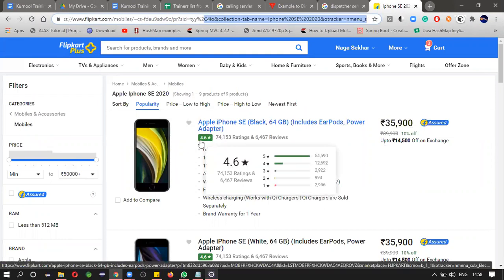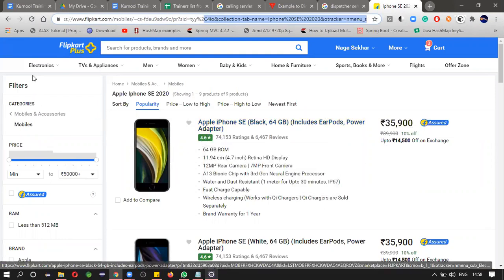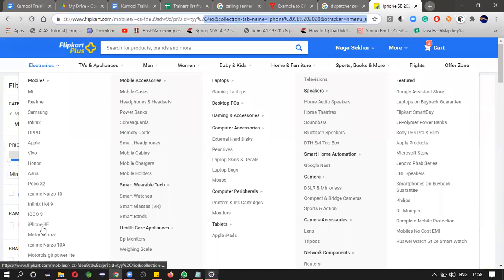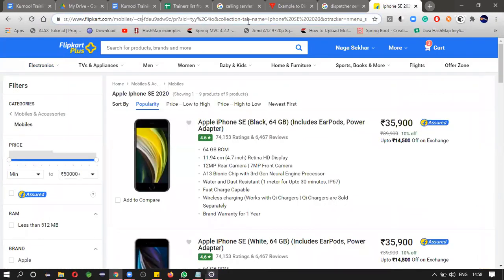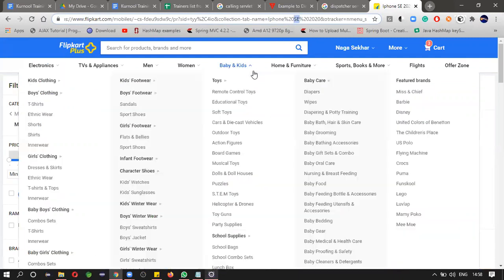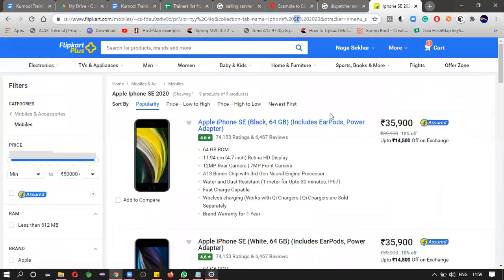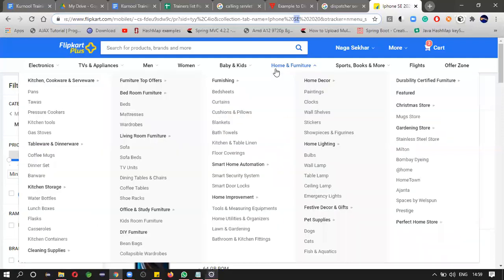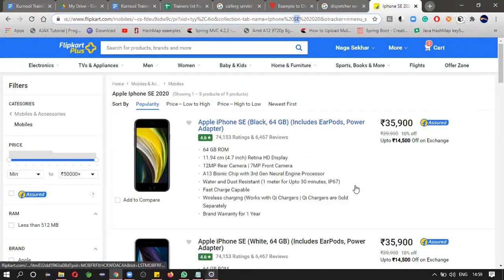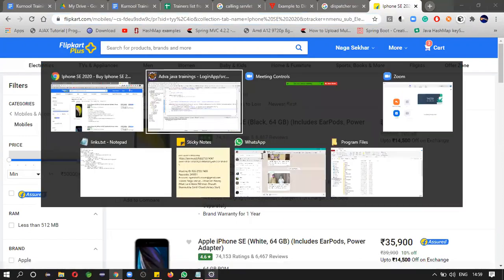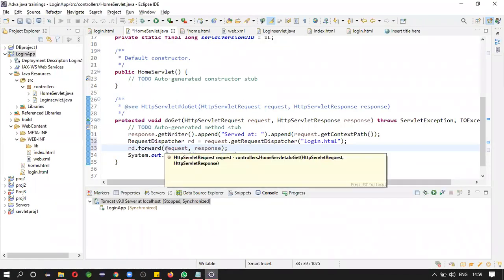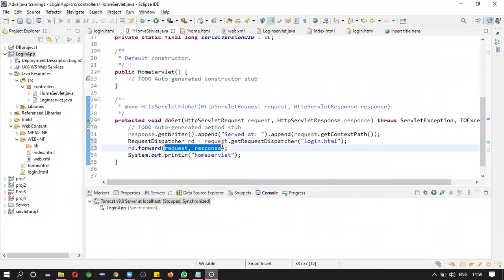Here my request is carried forward. I just clicked on add iPhone SE, right? So here you may see iPhone SE. It is forwarding the request. Whenever you are forwarding a request, you need to carry the previously requested data also.